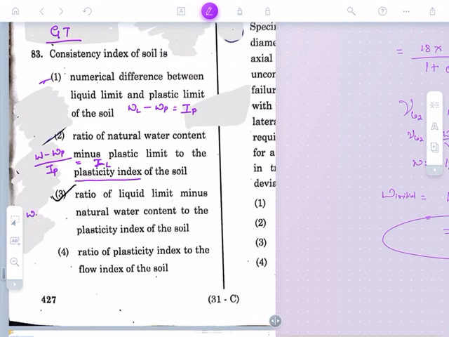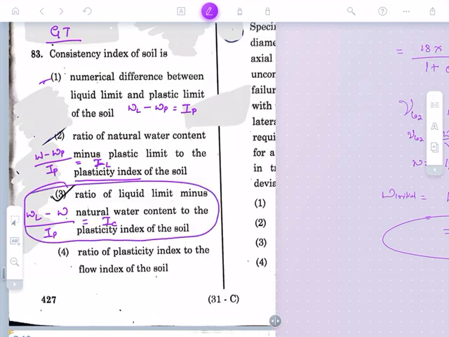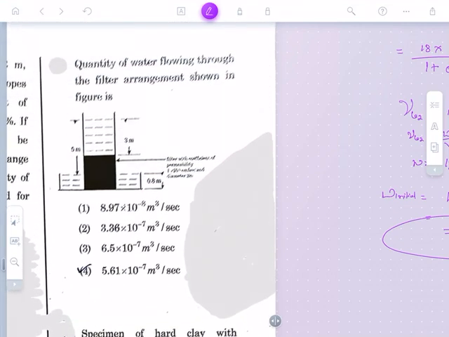Again, the ratio of liquid limit WL minus natural water content divided by IP, plasticity index, will be equal to IC, which is nothing but the consistency index. So option 3 would be the right answer for this question. The ratio of IP, plasticity index, divided by flow index, IF, will be equal to activity number. See, these 4 concepts we came to know, but according to this question, the third option is the right answer. So next question,